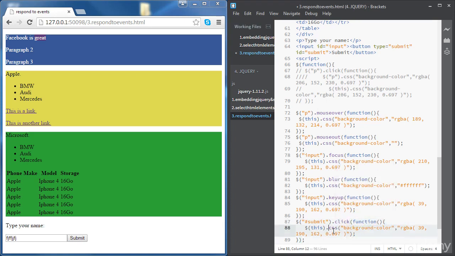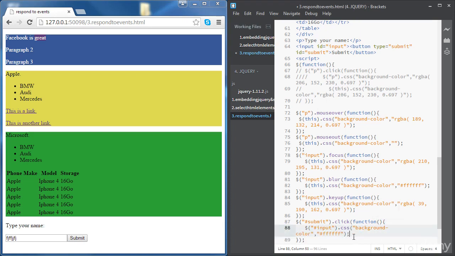Okay, and the function is going to change properties of the elements of ID inputs. All right, so that needs to be a string. All right, and we are basically setting the background color to white,